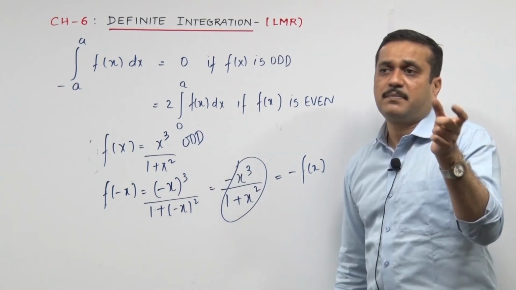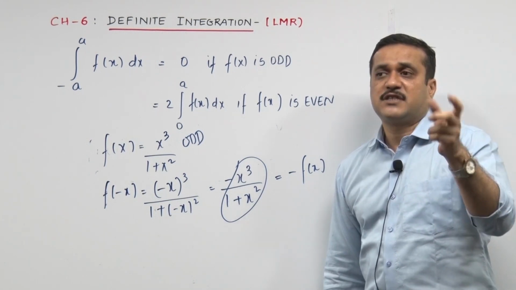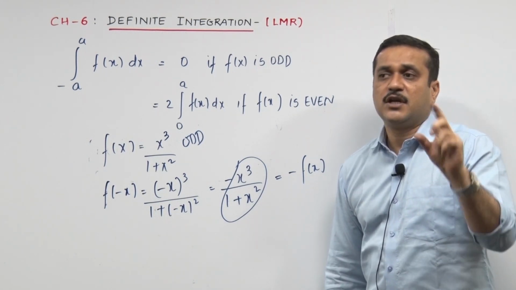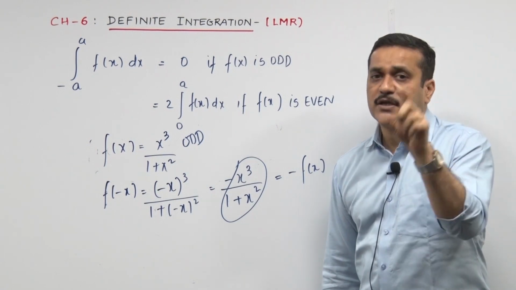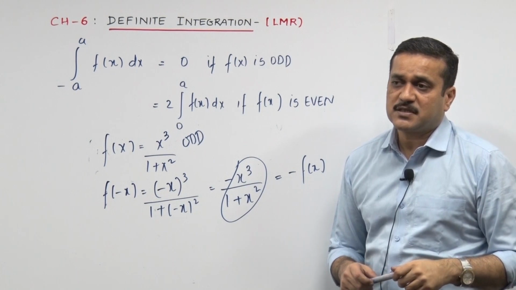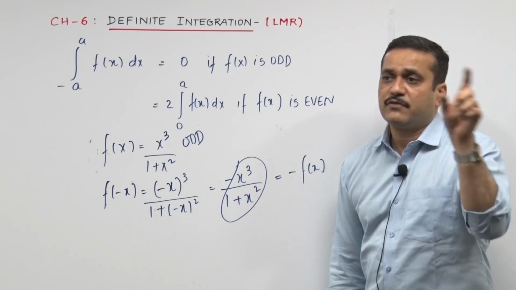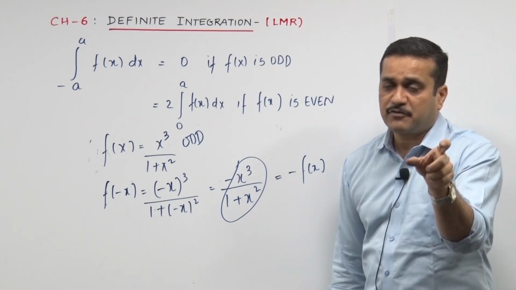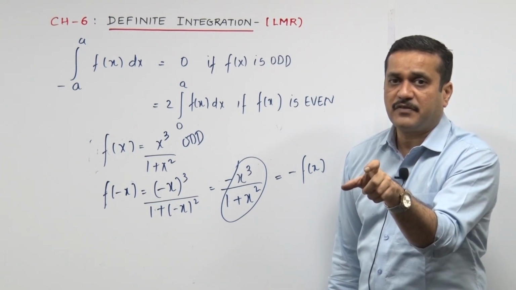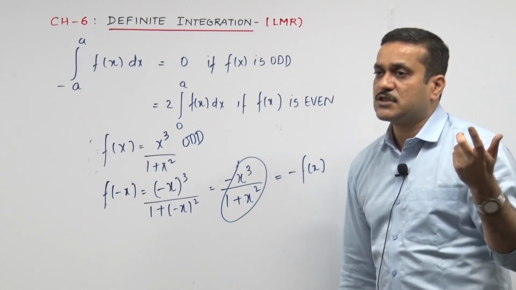So, now can I just complete this thing? If I give you f of x, how are you going to check whether it is an odd or even function? You need to find f of minus x. If you come back to f of x, the function is an even function. If you come back to minus f of x, the function is an odd function. Let's repeat. I give you the function f of x, you find f of minus x. If you come back to f of x, the function is even. If you come back to minus f of x, the function is odd.